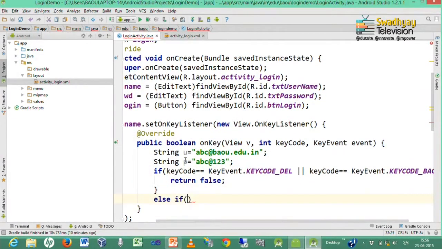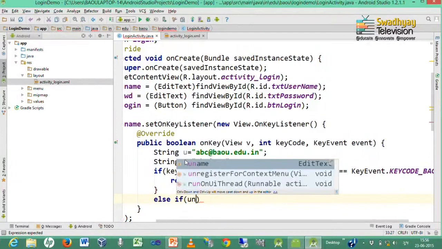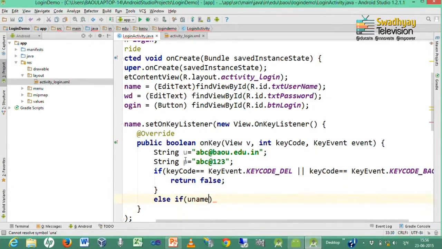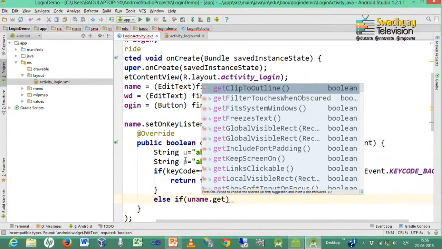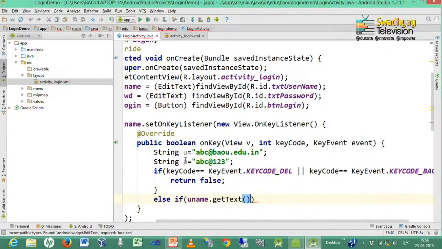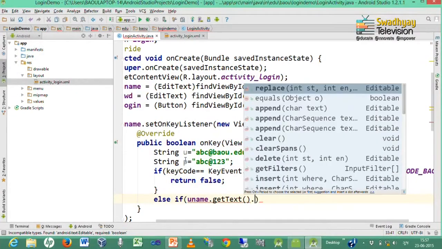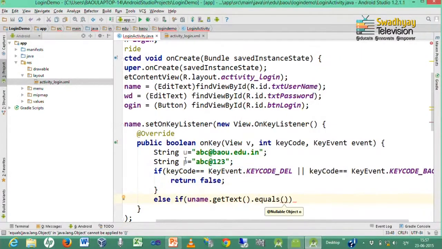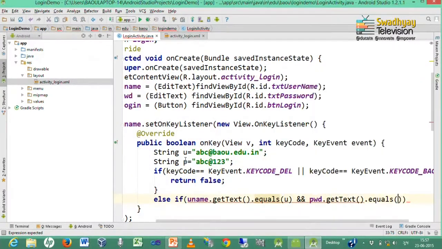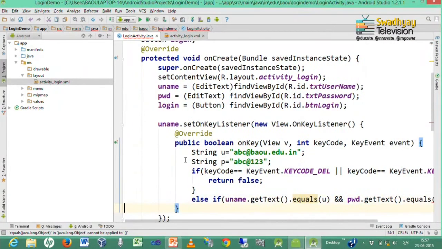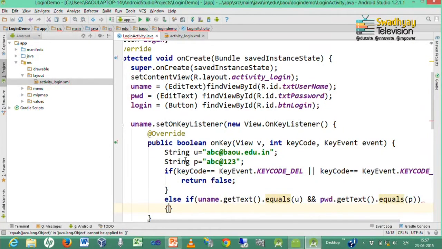So, we compare the username, which is our first text box, equals our predefined value, and the password text equals our predefined password. Then we set